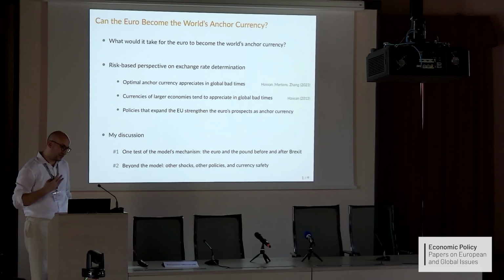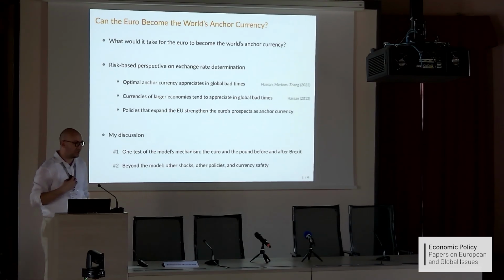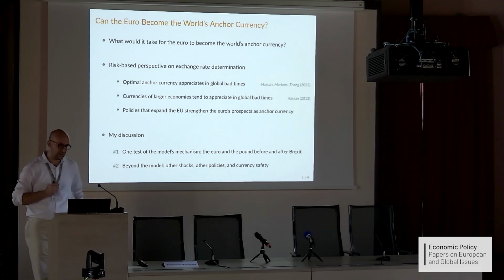And then I'll step a little bit outside of the model and think about how other shocks and possibly other policies alter the stochastic property of the euro and affect this discussion about the potential of the euro